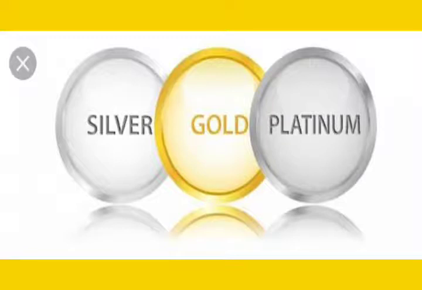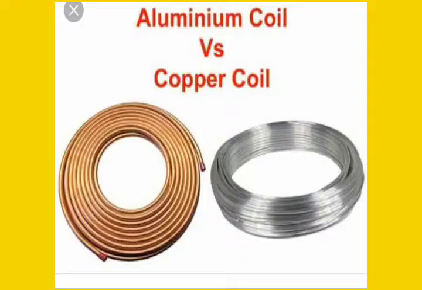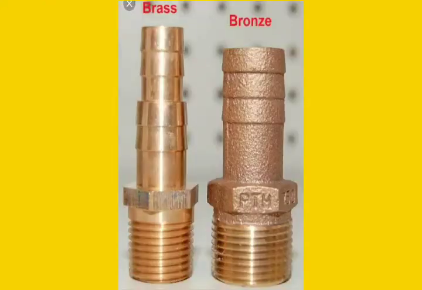They are very attractive and they are not very reactive. Clear? Next is copper and aluminium. Copper and aluminium are good conductors of heat and electricity. They can be drawn into wires and beaten into sheets. Therefore, they are used to make utensils, electric wires, etc. Copper can be mixed with metals like zinc and tin to produce mixtures like brass and bronze, which are stronger and durable. They are used to make statues, utensils, doorknobs, handles, machine parts, etc.